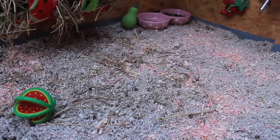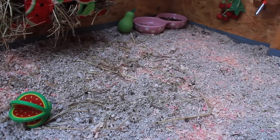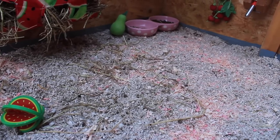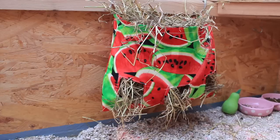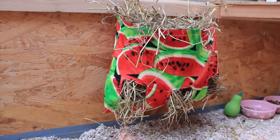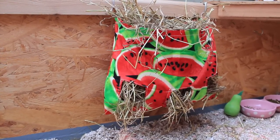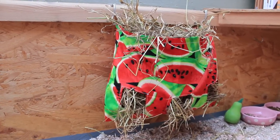The bedding that I'm using for all of the cage is Megazorb, and I've also put some pink bedding, just sprinkled it above it because I thought it looked quite nice and almost like little sweets or something on the bed. Instead of a hay rack, I made this hay bag with this watermelon fabric, and I really like it. It did turn out a little bit messy, you can't tell unless you're close up, but I think it turned out okay, and they seem to be using it, so that's all that matters,